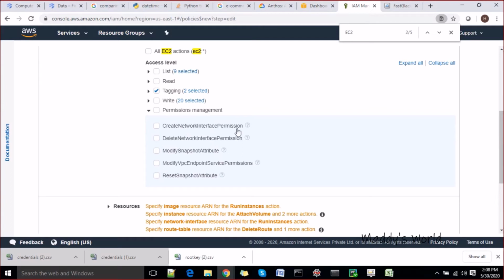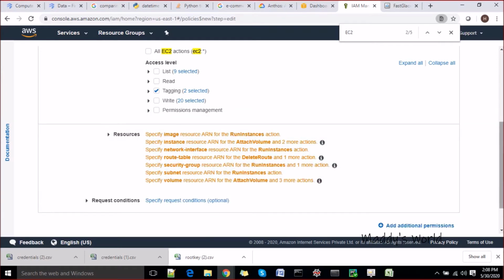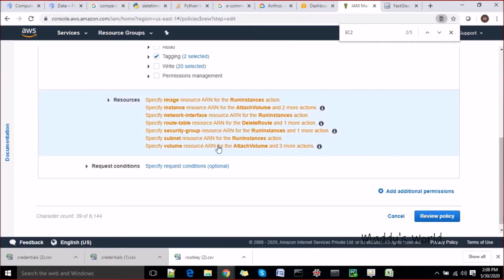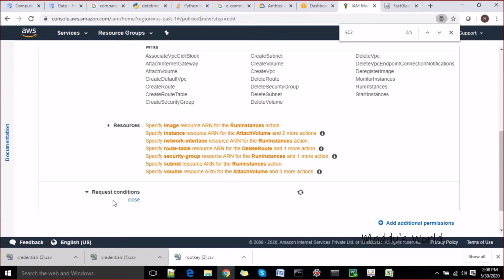Create network interface permission, delete network interface permission, modify snapshot attribute, reset snapshot attribute. If you want, but we don't want it at this moment, so drop it. So these are the resources. Specify image resource ARN. So all the resources you can see here, which belong to each other, are visible here. Next, you can give the request conditions here also.